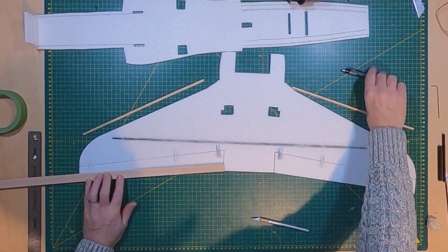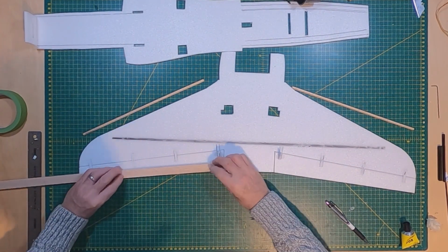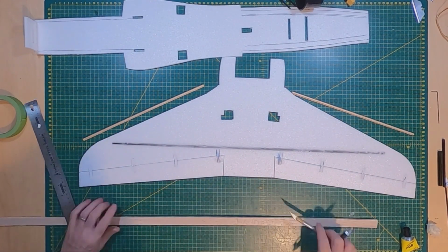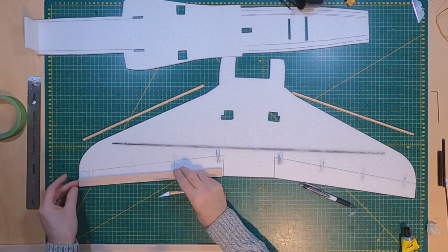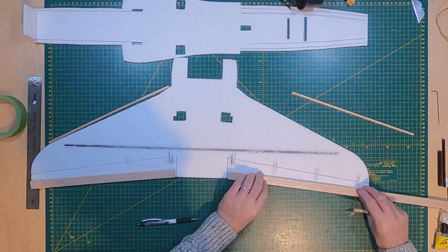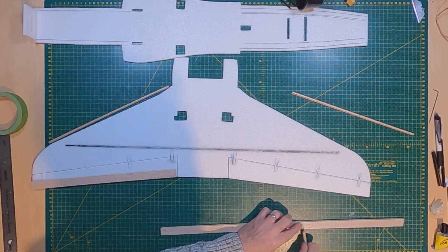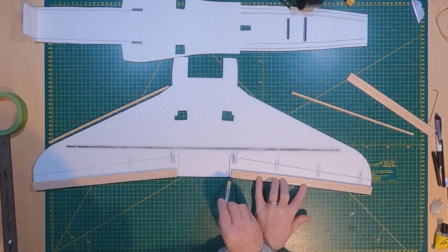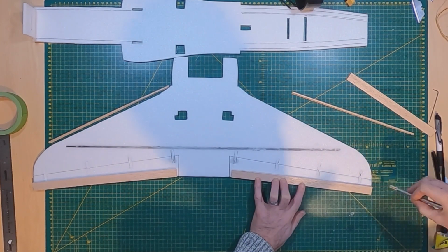And I've also got some small trailing edge that I thought, yeah, why not? Put it on there, it will certainly save me sanding away. It will add extra weight, obviously. However, it also gives it a bit more strength as well. There's a wee bit less flexibility. It will stiffen it up slightly. And I think it also gives it a nice wee finish. Like I say, I've got it sitting there. Obviously, for a lighter build, just go with the Depron and just sand it back using a block or just